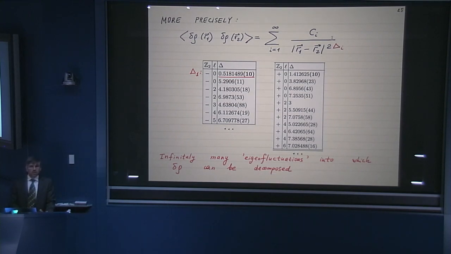But where's this bootstrap? I was promising you infinitely many fundamental constituents, lack of reductionism, nothing can exist without everything else. And so far, I just gave you one number, delta. But actually, there is not just one number, delta, but there are infinitely many numbers, delta 1, delta 2, delta 3. And to see these numbers, you just have to make a slightly more precise experiment. So you still look at this two-point correlation function of density-density fluctuations.